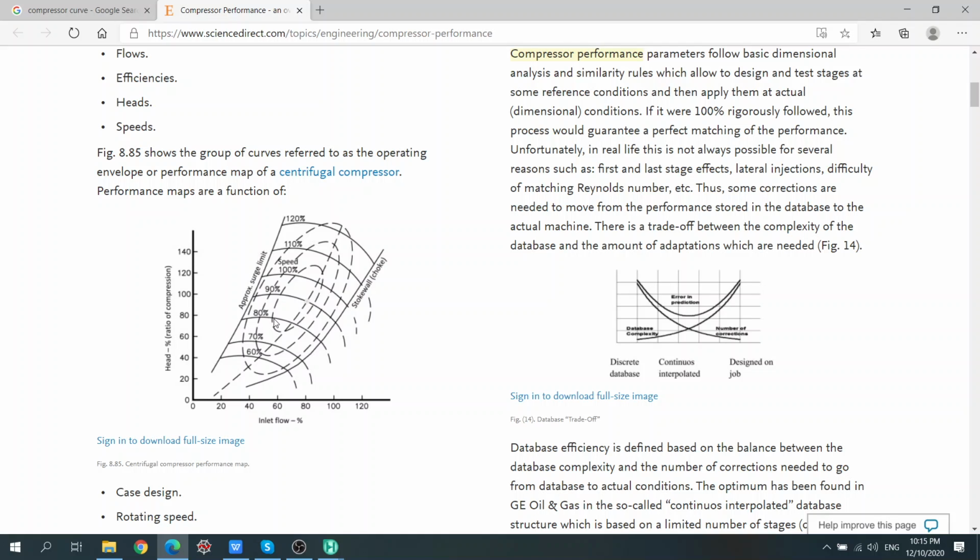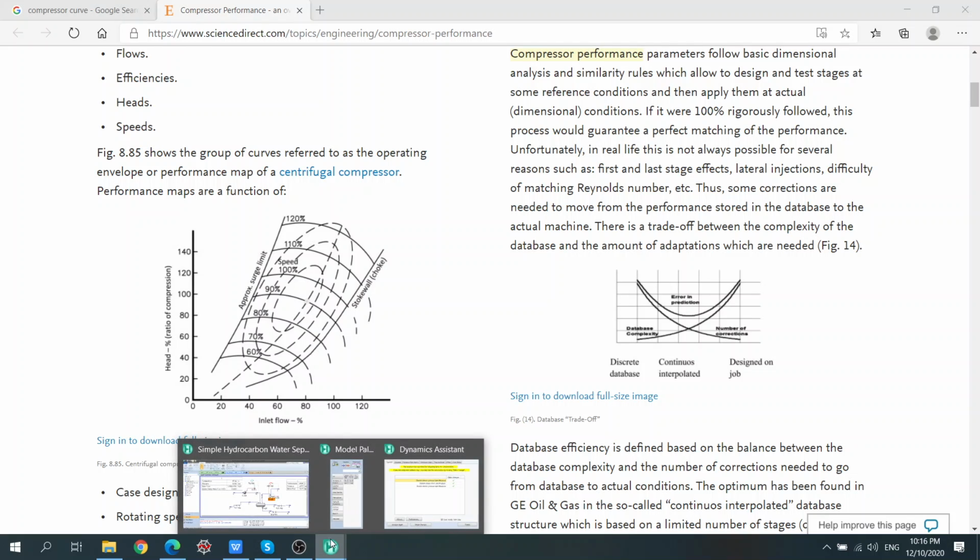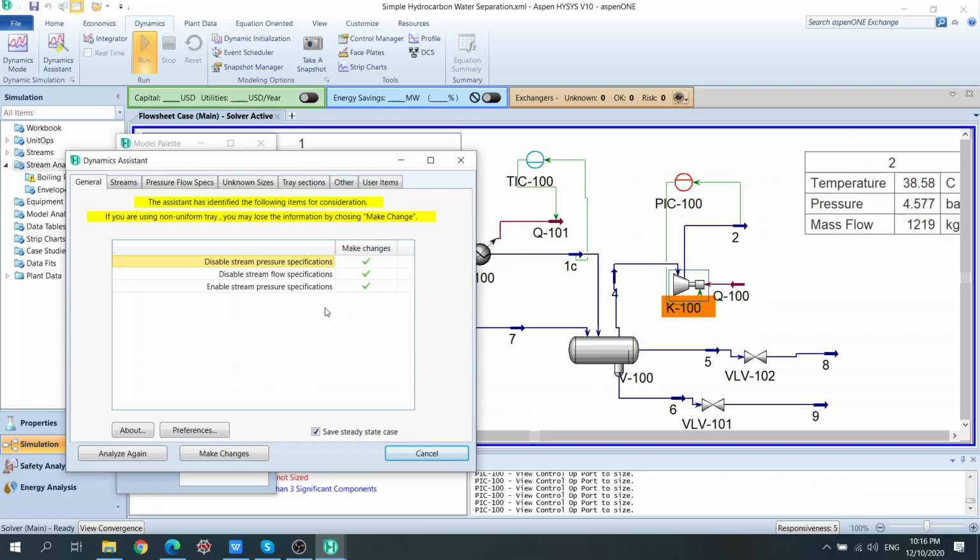Yeah, if we increase the flow, it will go through these lines, and then the head will be reduced. So we can increase the RPM, from 80% to 90%, to get some boost in the head, in the pressure, for that same flow. So in this case, we need to design the compressor curve, but